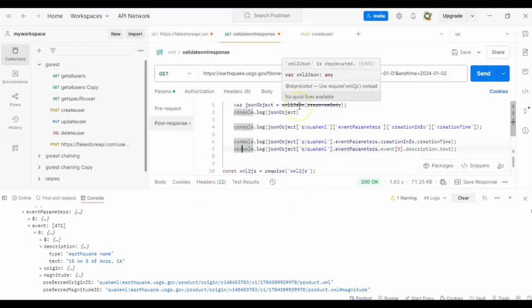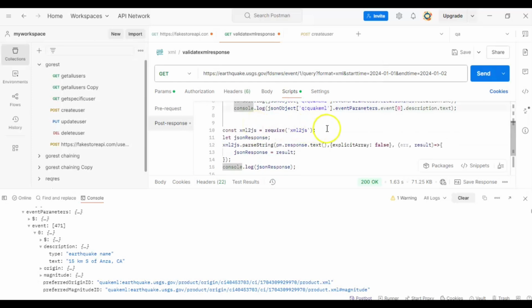See, now here we are getting a deprecation warning, right? It is deprecated. Right, in a future version they may delete it. They are giving a warning to us. In a future version they are going to delete it. Right. So they have given one more thing, XML to